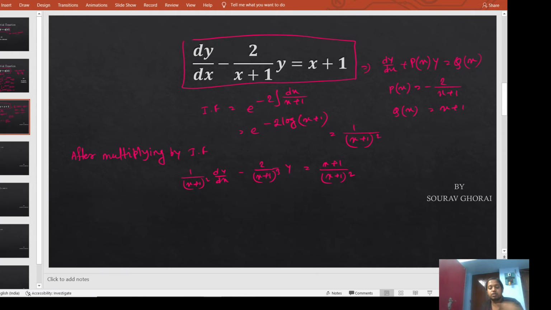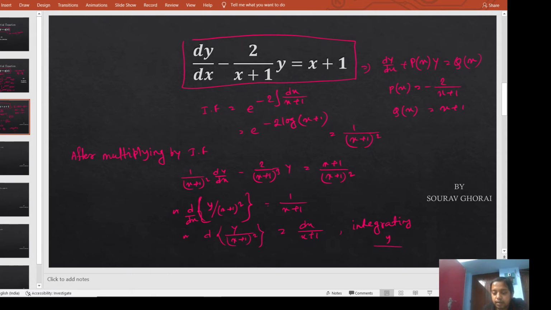And after multiplying by the integrating factor, as I said in the previous slide, we get d of the dependent variable y into the integrating factor, and here the integrating factor is 1 by (x+1)². So we get d/dx of y by (x+1)² is equal to 1 by (x+1). Or from here we can write d of y by (x+1)² is equal to dx by (x+1). And now, after integrating, we get